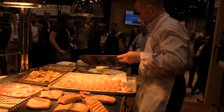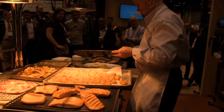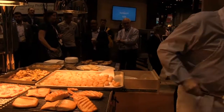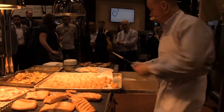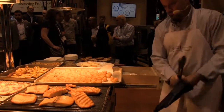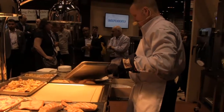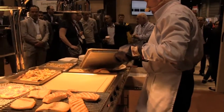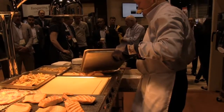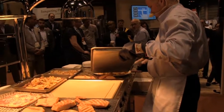Isn't that cool? I've got toothpicks up here, folks, so if you want to come up and get a tater tot, or I can use my tongs to get you some of the...